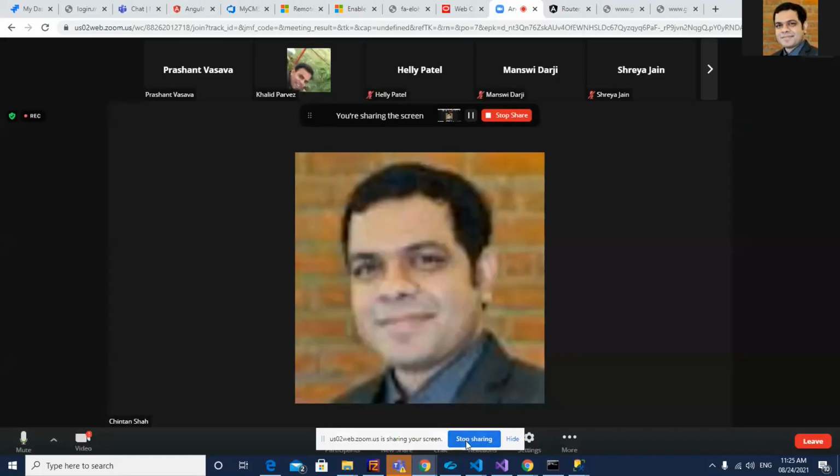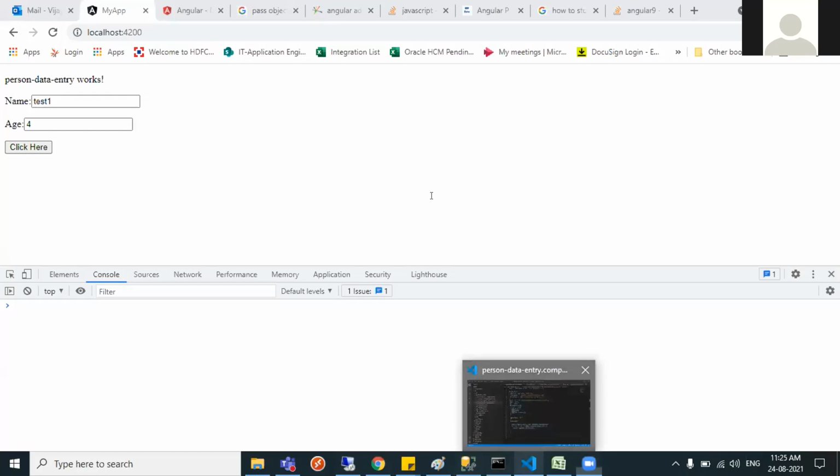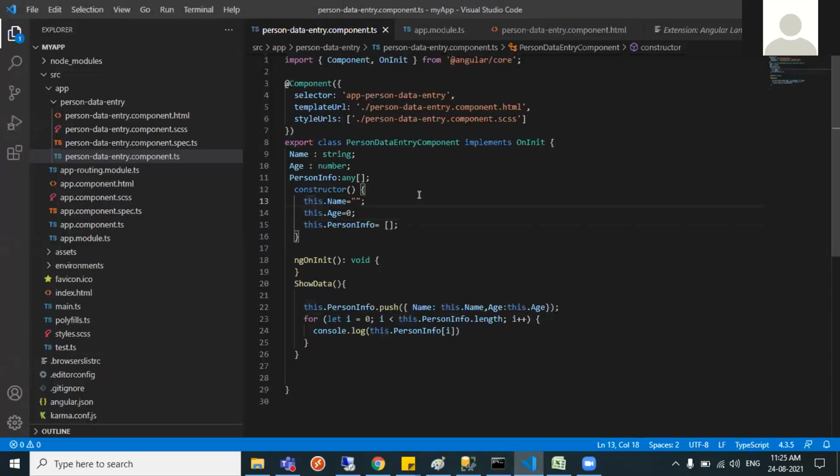Anybody else who wants to show their code? Chintan, I have also done the same. Let me share. This is my code. I have declared the same variable with the data type any.